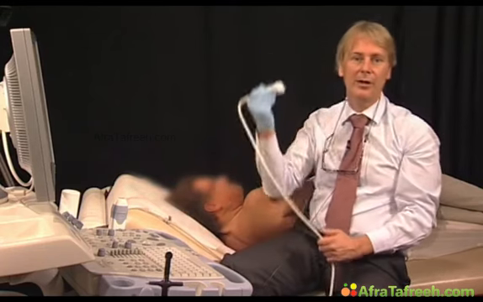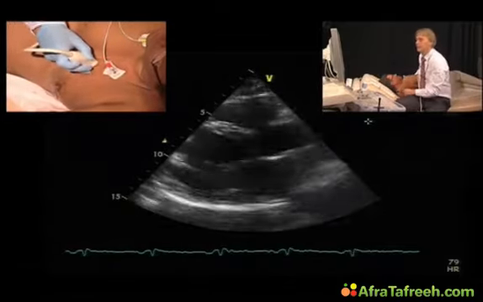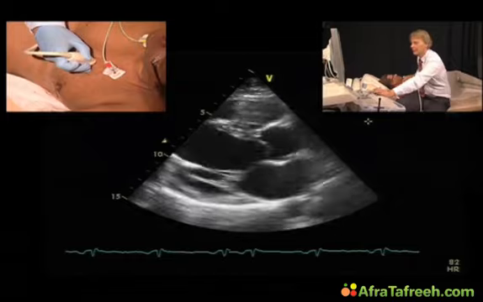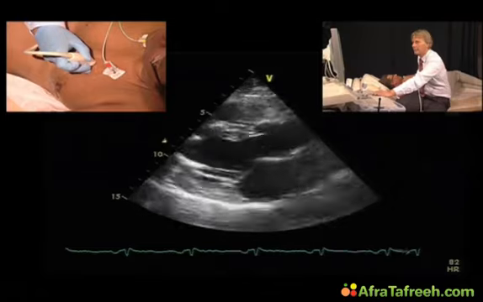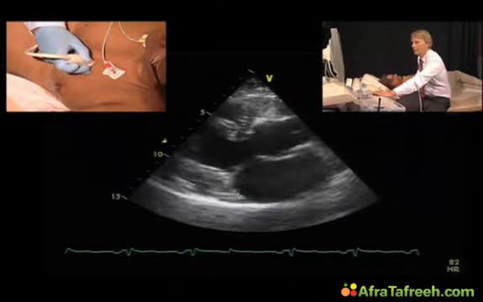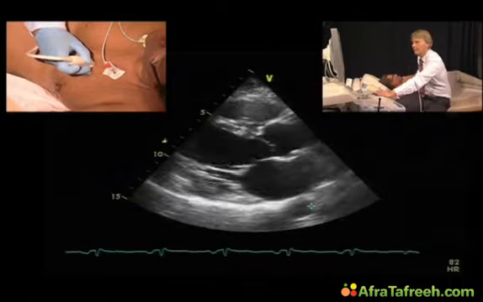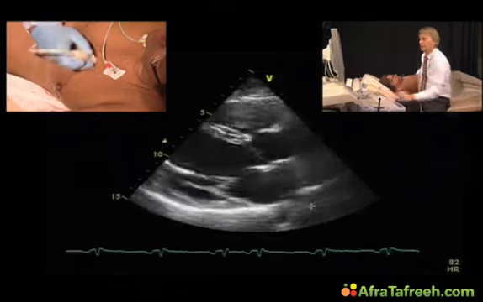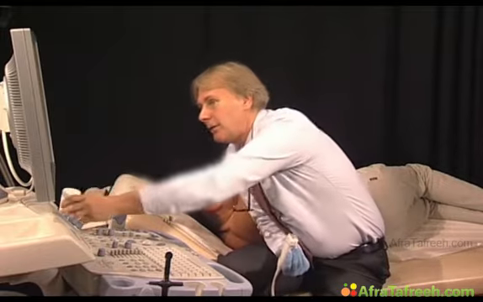This is a patient with endomyocardial fibrosis, and I will now show you the typical features that we can find in such patients. In the parasternal long axis view, we can appreciate that there is fibrosis of the subvalvular apparatus, which extends here into the papillary muscle and also into the posterior mitral valve leaflet. You can see that the posterior leaflet is restricted in its motion, and we can expect at least some degree of mitral regurgitation in this patient. But the real typical findings for endomyocardial fibrosis are usually seen in the apical views.